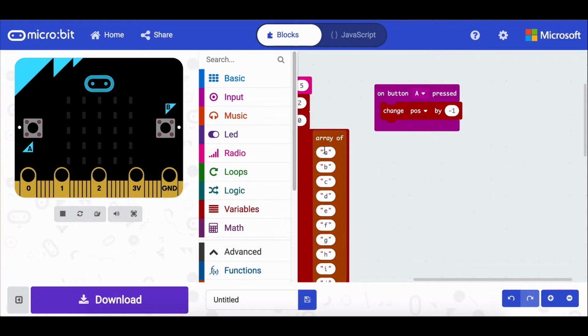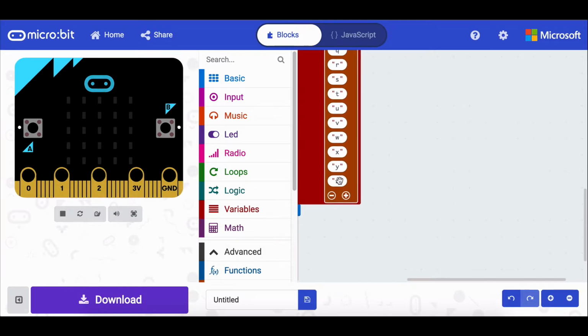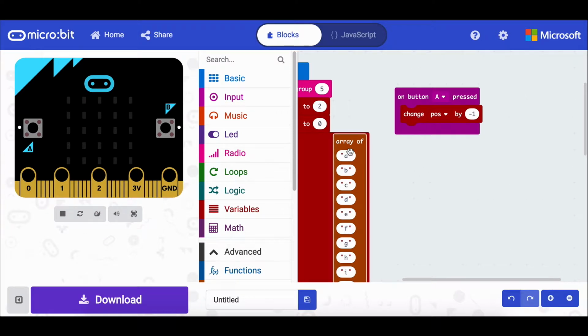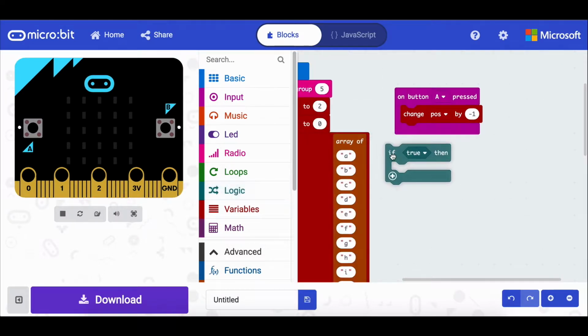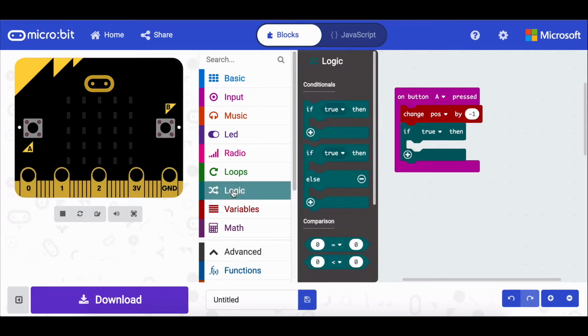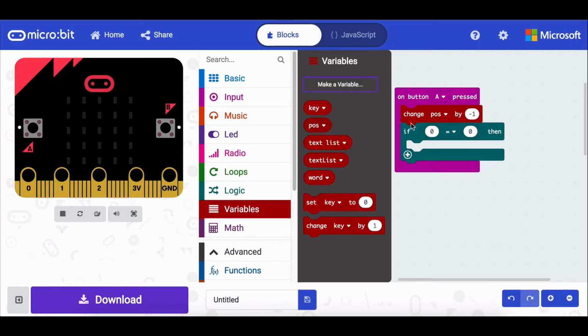What I want to happen is if I go backwards from A, it goes around to Z. So we need to put something in there to check if we are at this position on A. So when we're checking something, normally we want to use an if to see if something is true,